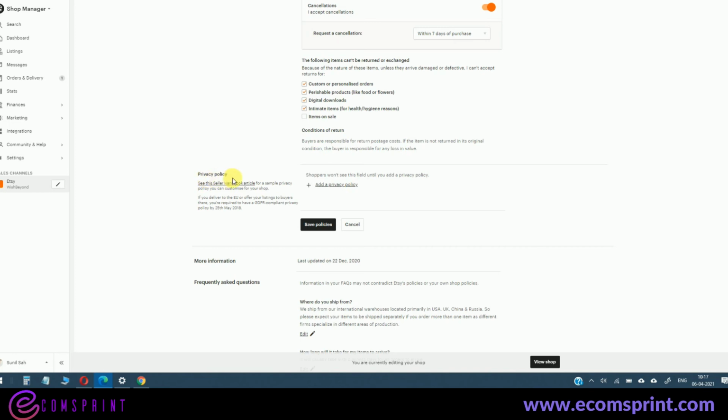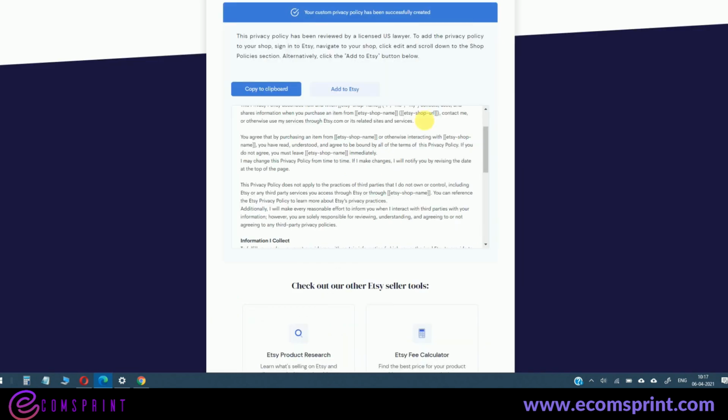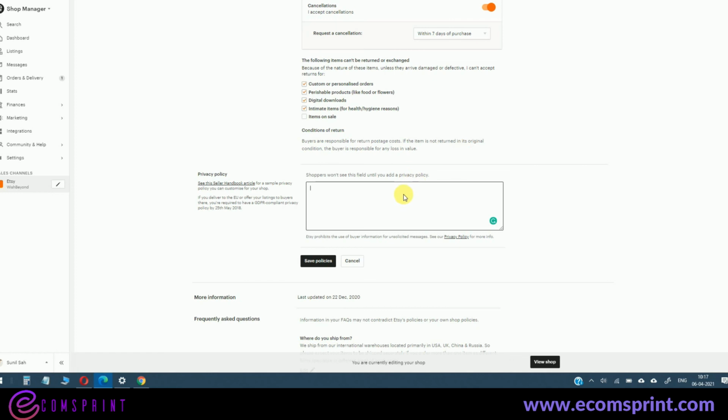Shoppers won't see this field until you add a privacy policy. So you need to have a privacy policy. It is recommended for every seller on Etsy. We'll click on add a privacy policy and paste the content that we have copied. Let's bring the copied content, copy to clipboard, and paste it over here.